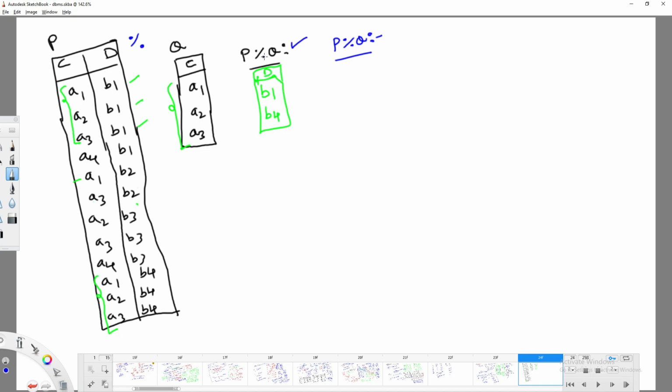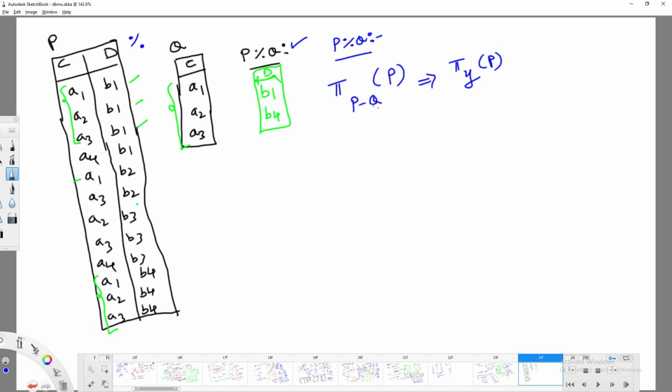P minus Q is a set of attributes that I am projecting from P. I can generally write it as pi y of P, where I made P minus Q as y. I am going to rename this relation as T1.